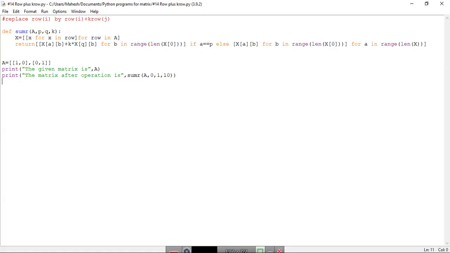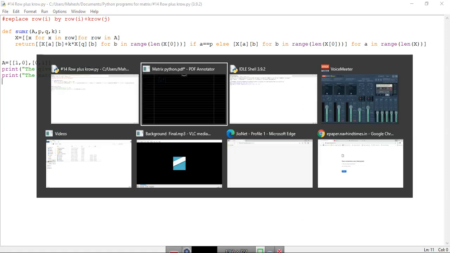Let's see our manual calculation first. That will be helpful. So we have this identity matrix 1 0 0 1. In this, what we did is we took the second row and multiplied it by 10.